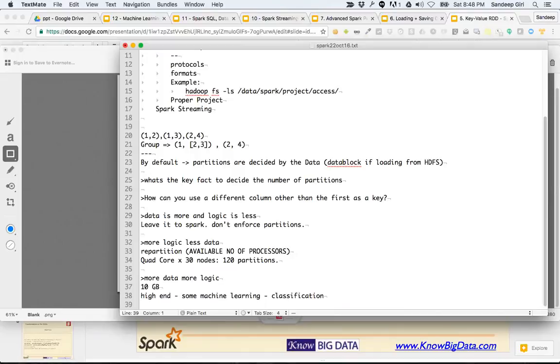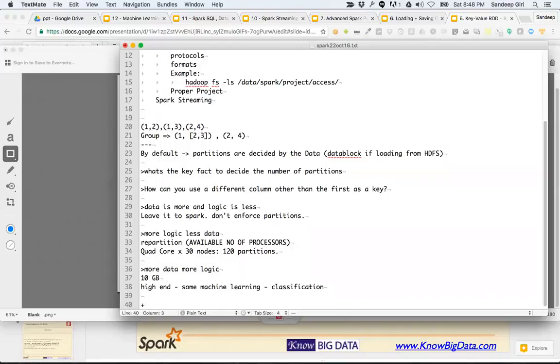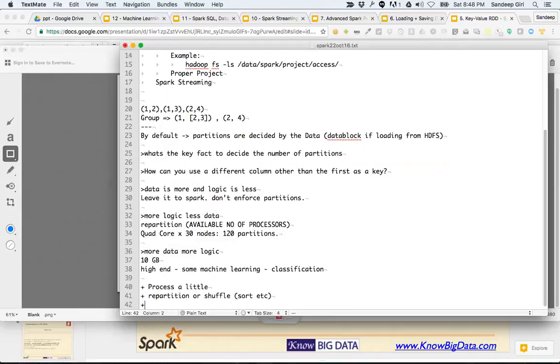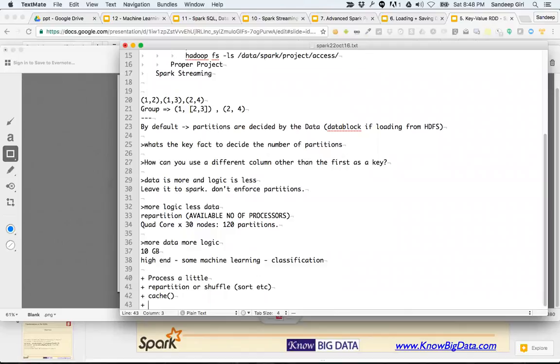Okay, and there'll be caching involved, there will be many things involved in this case. So one is process a little, then repartition or shuffle as in sort, etc. And then you might want to cache the data in between, the data that's going to be used again and again, and so on. All right, so this is